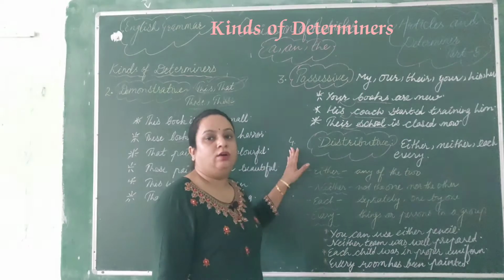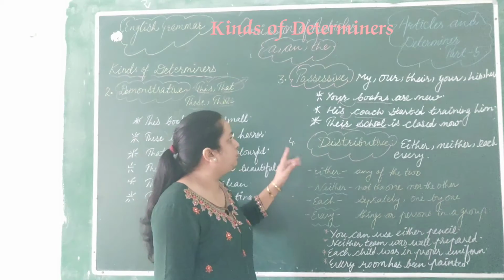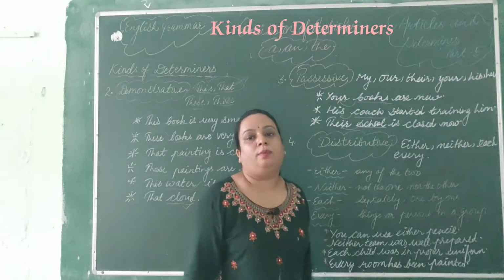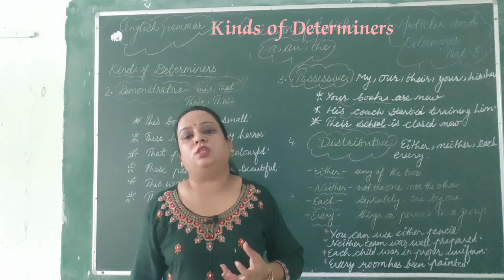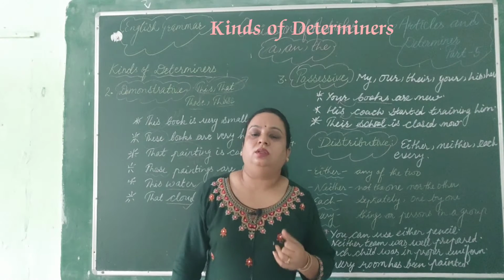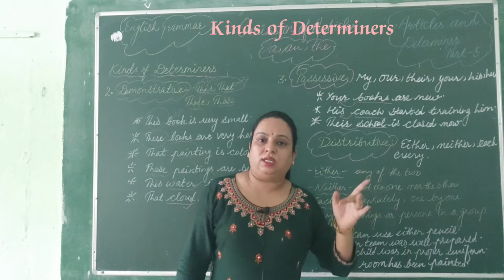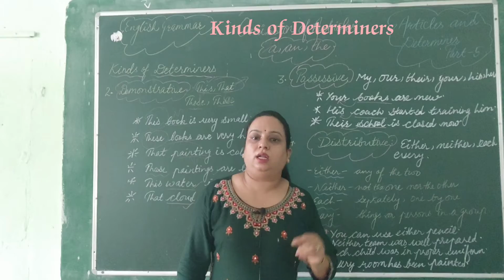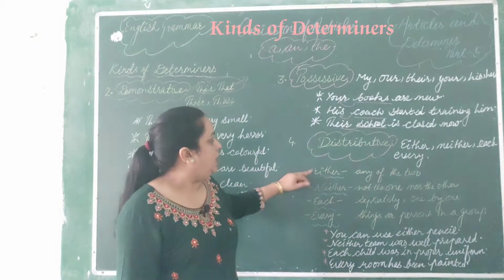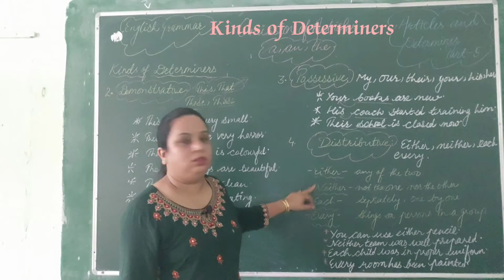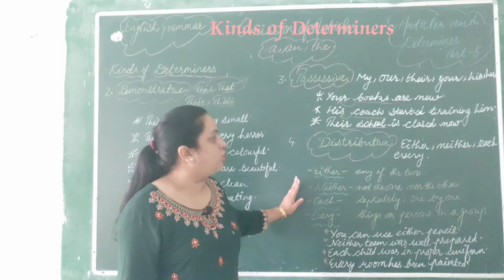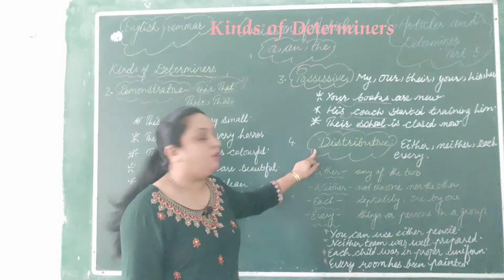Now the fourth kind of determiners is distributive. When we talk about distributive, these are the words which are used to distribute something, like each, every, either, neither. So these 4 words, either, neither, each and every, are in the category of distributive